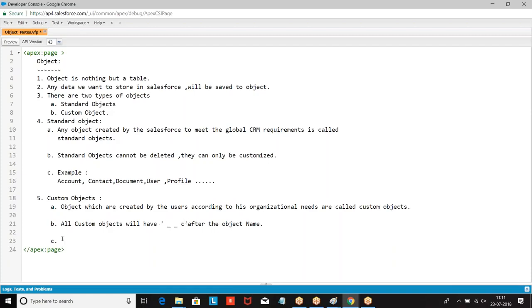Custom objects can be modified or deleted according to your organizational needs.